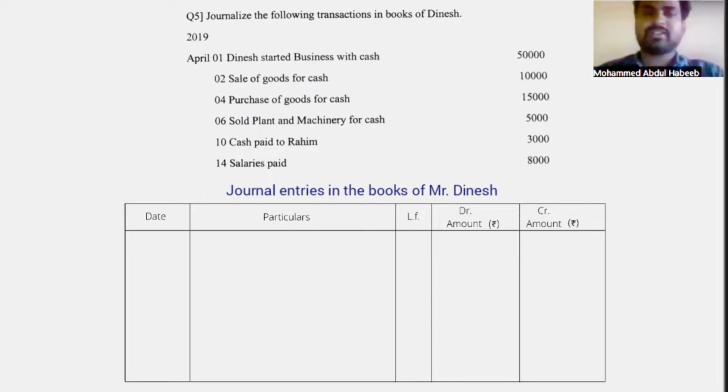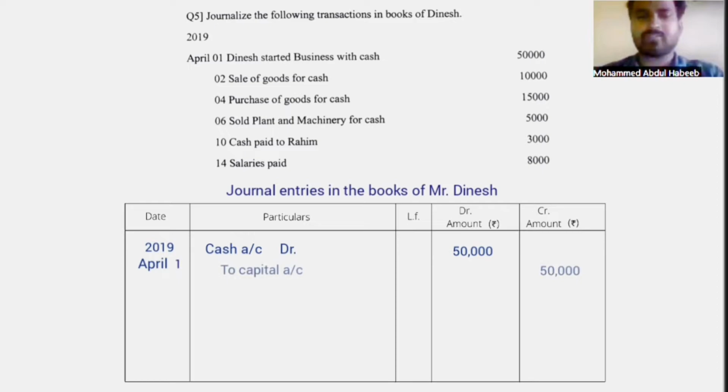And the first transaction is given on April 1st as Dinesh started business with cash 50,000. So here the date will be taken as 2019 April 1st. As cash is coming into the business, cash will be debited as cash account debit 50,000, and the investment which has been done by the owner into the business is called as capital. So it will be recorded as to capital account 50,000. So the journal entry becomes cash account debit 50,000 to capital account 50,000, and the narration will be being business